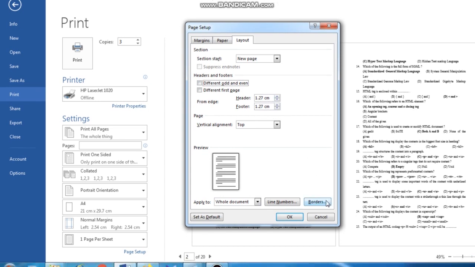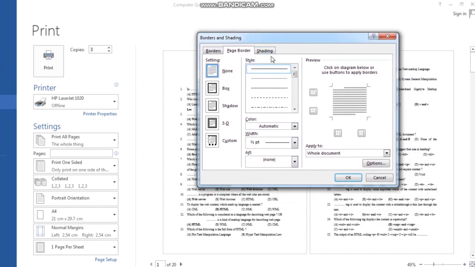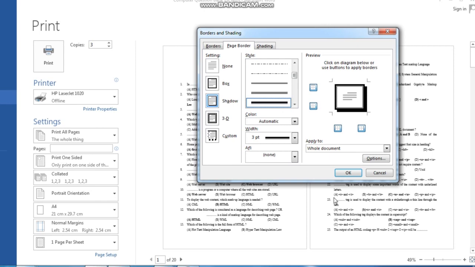Now a very important thing, if you want to make your page look attractive, you can give borders from here. I click on border. Okay, now here I get the option page border: none, box, shadow, 3D, right? I select the shadow option. Now I select a specific border from here. I select this border.